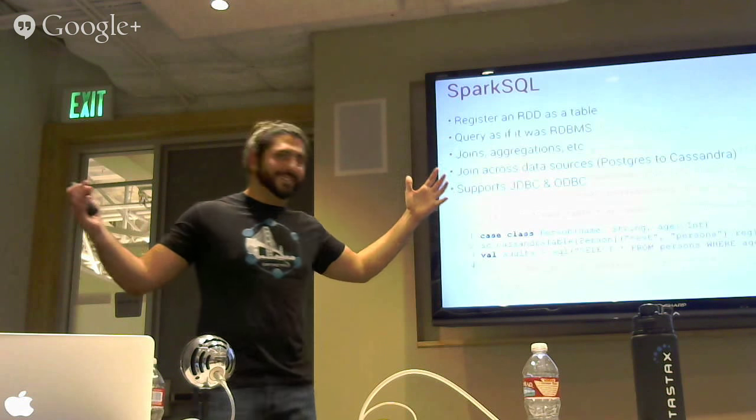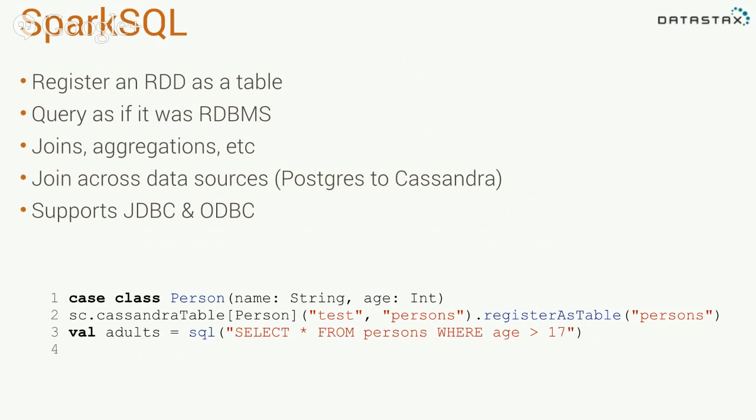Next slide. So the way that this would work, to keep going with your question, is you can have an RDD and you register it as a table. You say, here's my table, register as table, and you give it a name, and then you can do select whatever, and you can do arbitrary queries across the table. You can register multiple tables. This is awesome. What's really cool is if you're using DataStax Enterprise, you can get a Spark SQL shell. So you can just open this up and start doing queries against your tables.